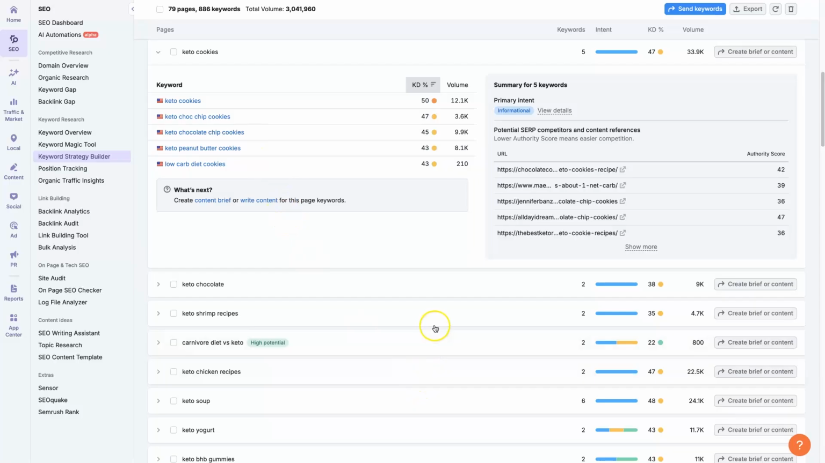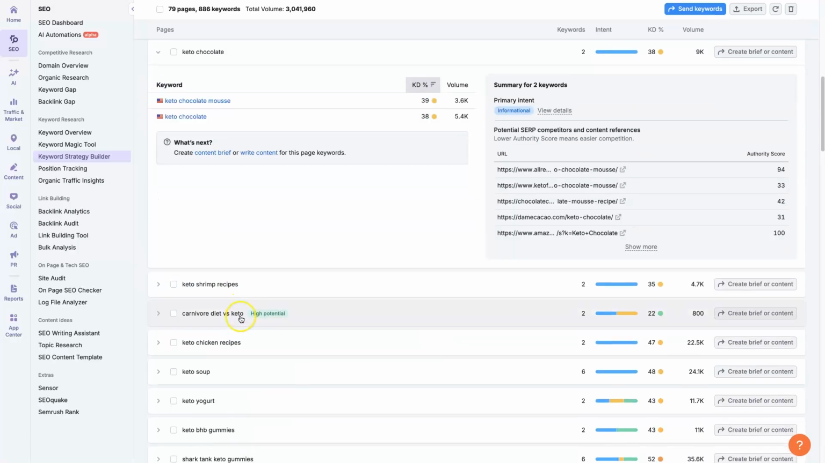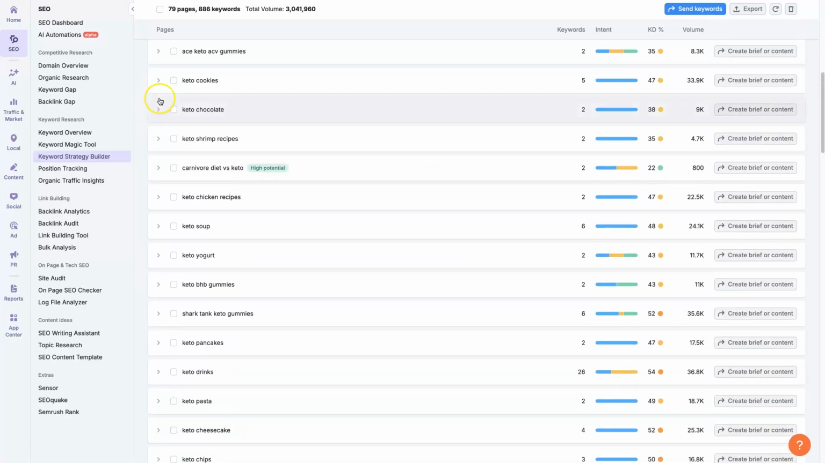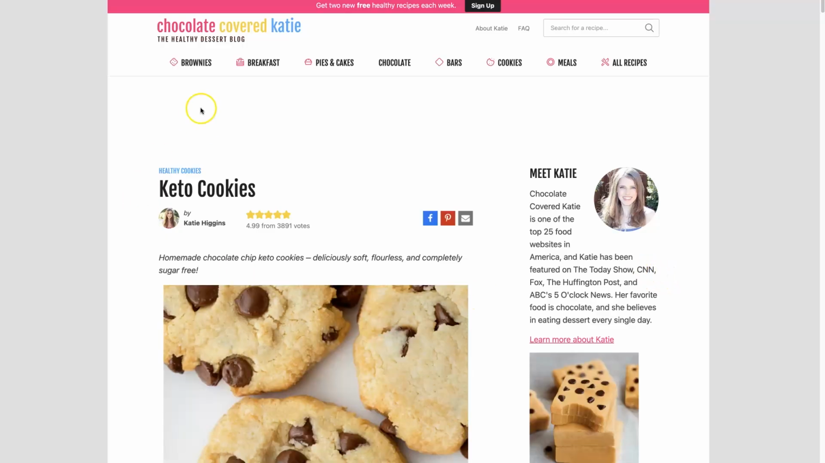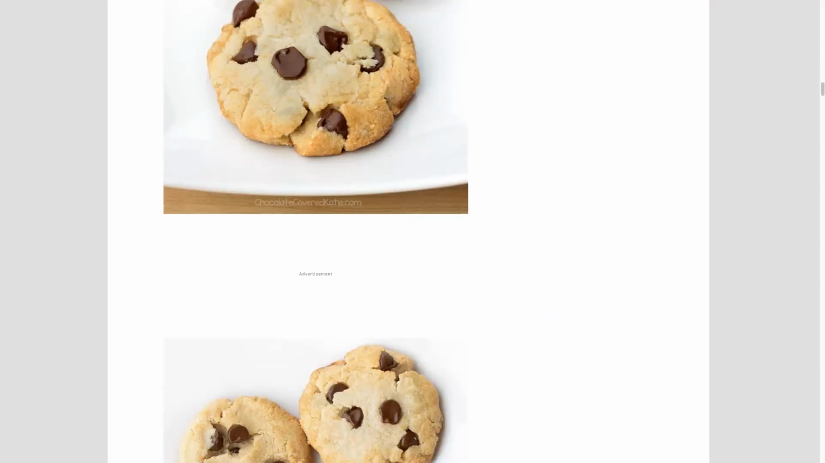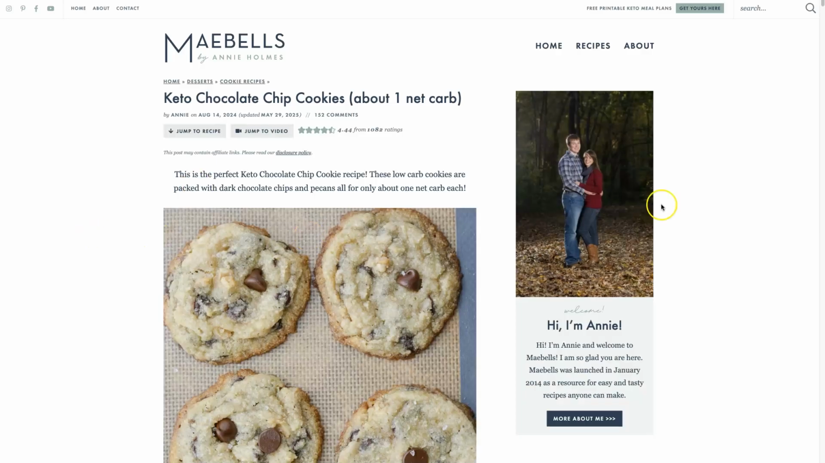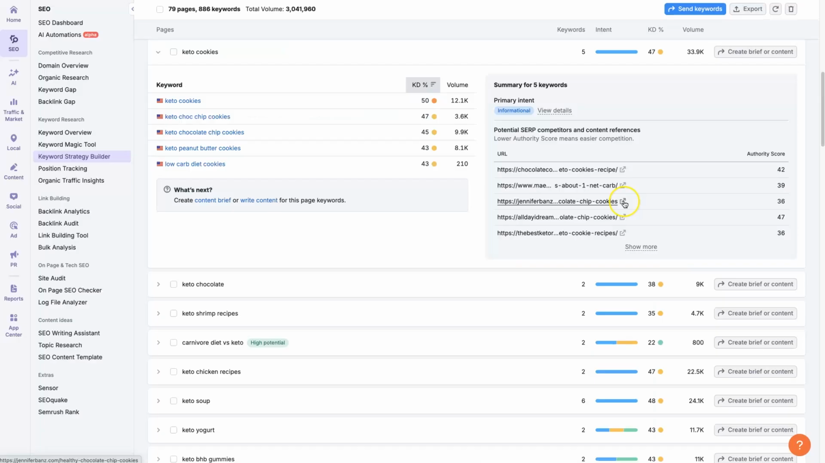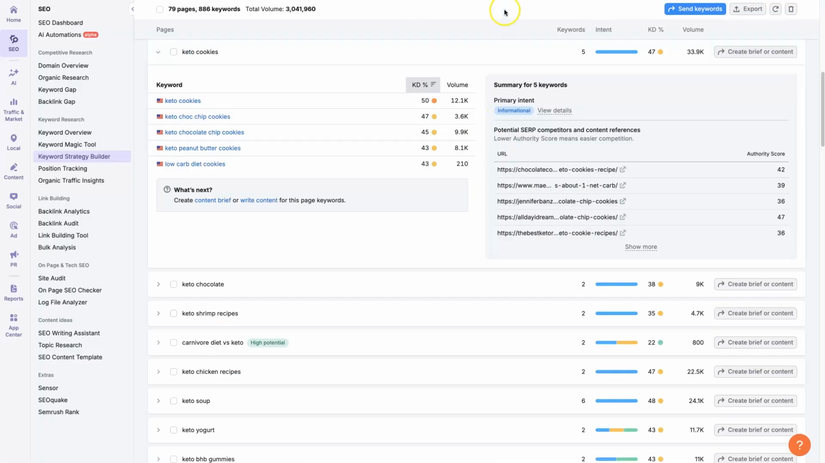The other nice thing is when you expand these out, you can see what your competitors are doing. So if you look at keto cookies, we can start opening up these different pages and see, this is a keto cookie recipe page. Okay. Right. So that's the first one there. The second one's probably going to be the same thing here. So we can basically see, okay, these are all keto cookie recipes. Let's put an even better keto cookie recipe on here, and